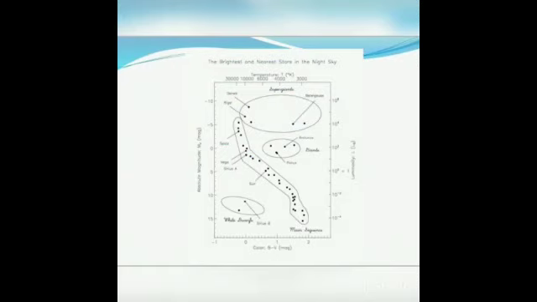So we can calculate the size of a star by a law called Stefan's law. What does Stefan's law say? For any radiating object, its luminosity, temperature and radius are related by a simple formula: L by 4 pi r squared is equal to sigma T raised to 4. Here L is luminosity, r is radius, T is surface temperature.